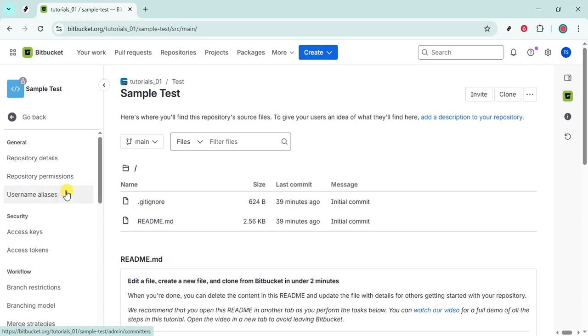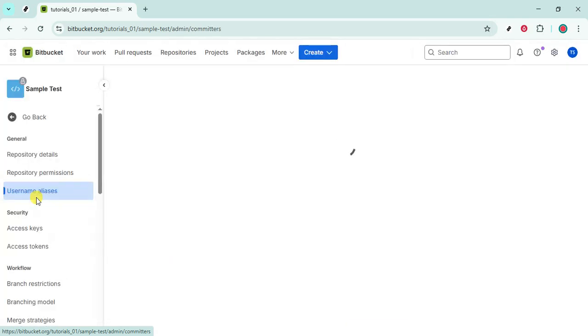Within the settings panel, locate and click the section called Repository Aliases. This area shows alternate ways Bitbucket references your repository, which is where your username often appears in context with clone URLs and related examples. It's a handy place because it reveals the exact identifier Bitbucket expects for operations that require